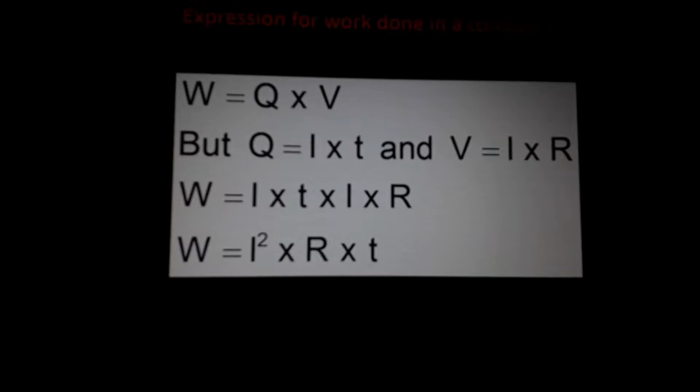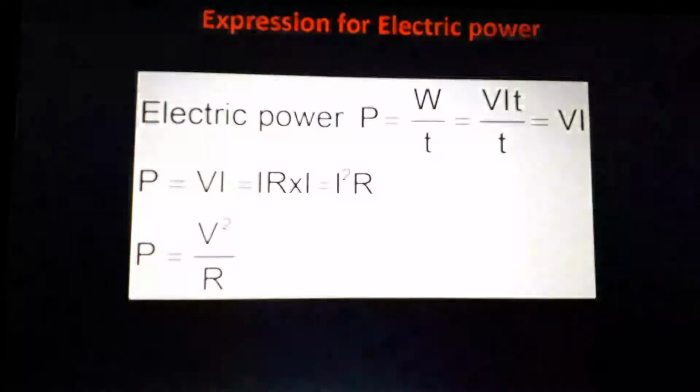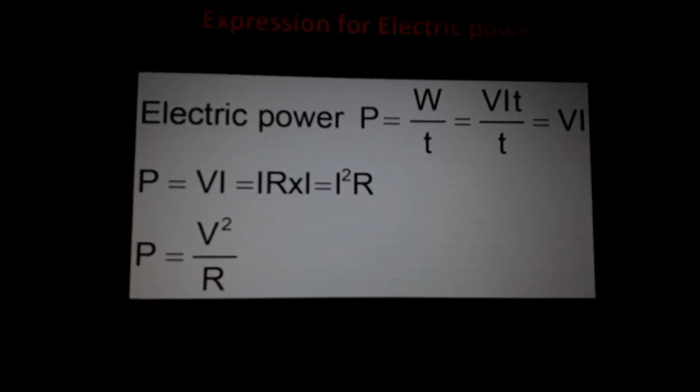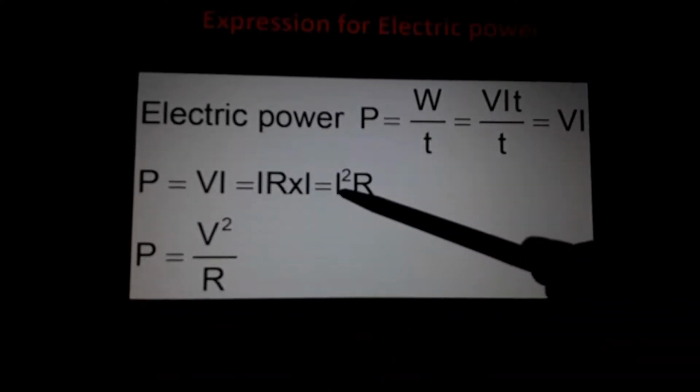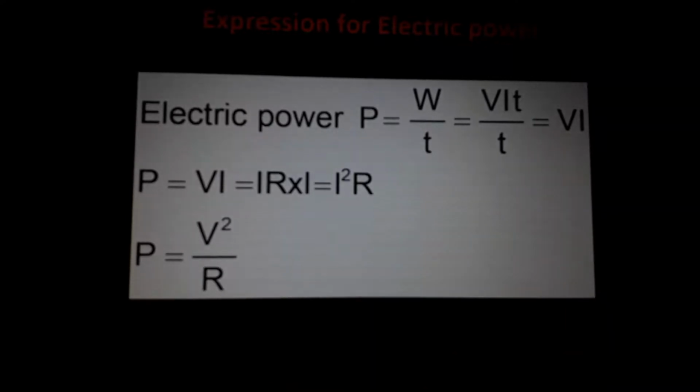It is the work done, or it is already known as electrical power. This definition is a 1 mark question, and these equations will come for numericals. There are 3 equations regarding power. P is equal to voltage into current. Power is equal to square of current into resistance. Power is equal to square of voltage divided by resistance. These are the 3 equations regarding power. Very simple.